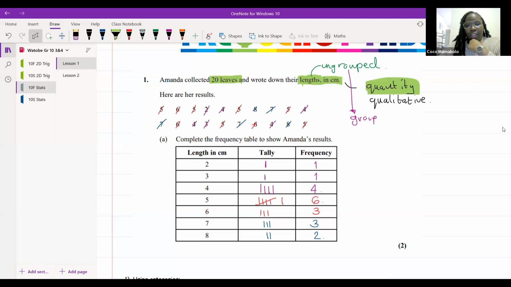Ma'am, I just wanted to ask, you see how you did the tally? You did the 1, 2, 3, 4, and then you crossed it over. Do you always have to do that with the tally? Yes. In a tally, we always do that. This shows us that it's 5. So let's say, for instance, we have 12. I can go 1, 2, 3, 4, 5, 6, 7, 8, 9, 10, 11, 12. So you don't have to count every little stroke by itself. You can just say this is 5 plus 5 plus 2.